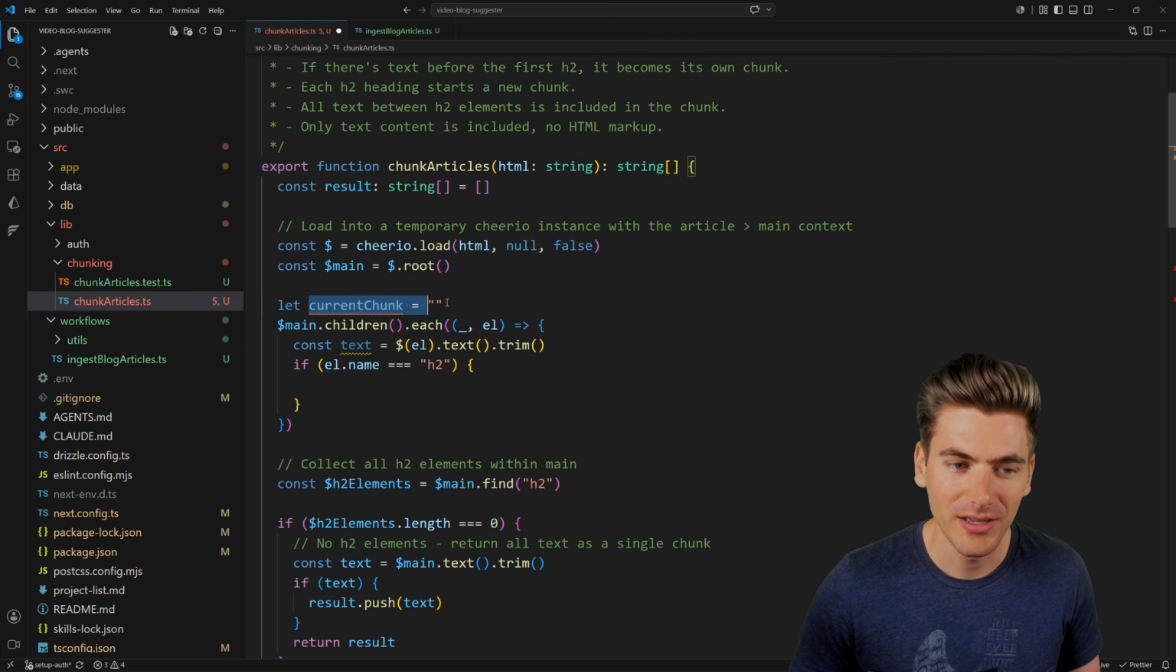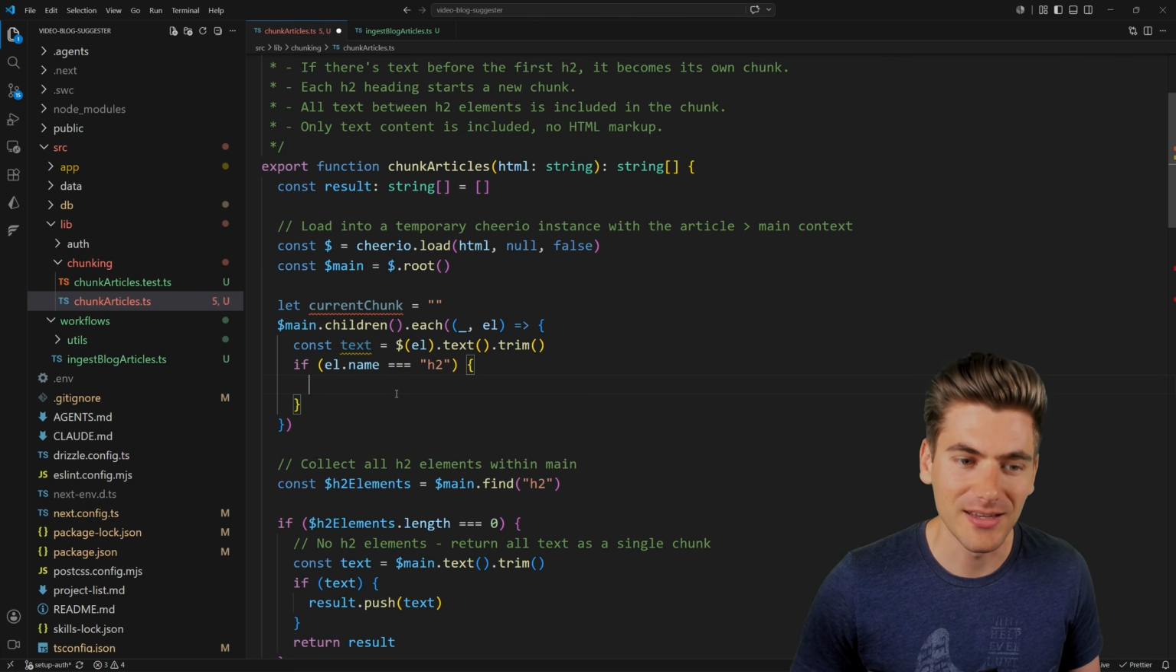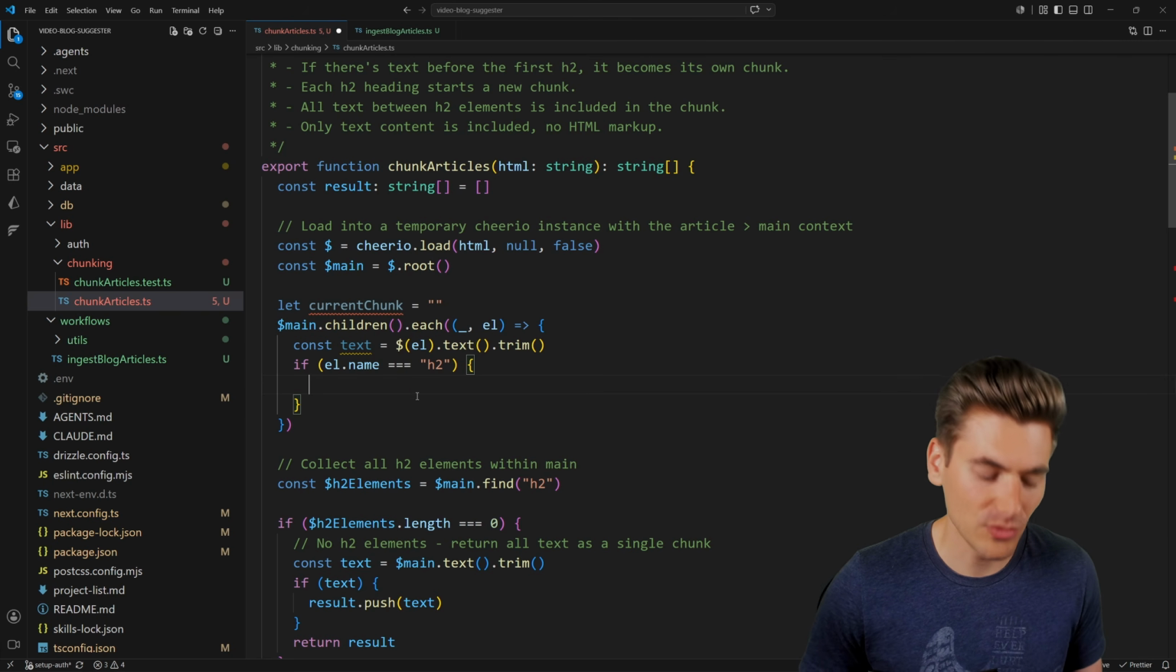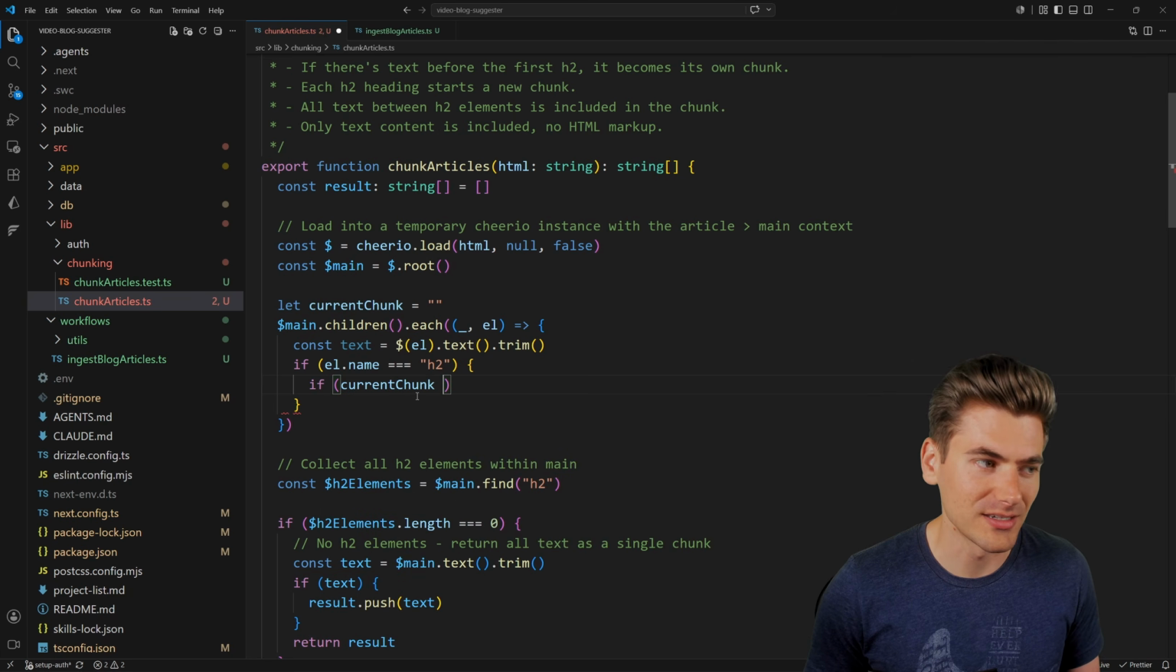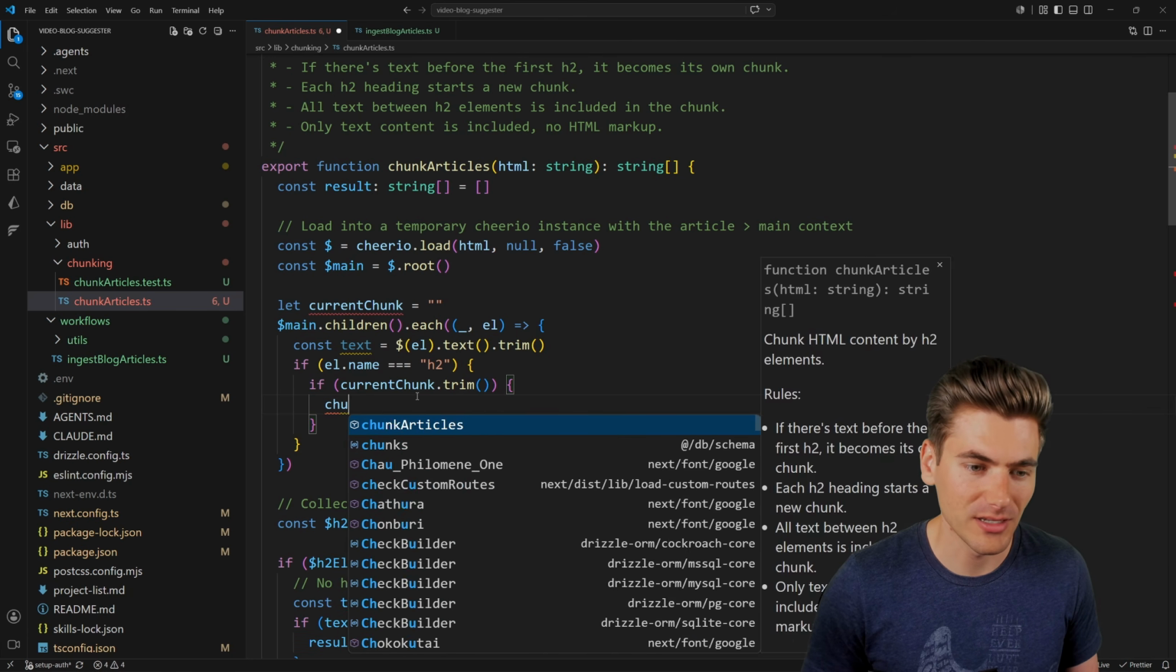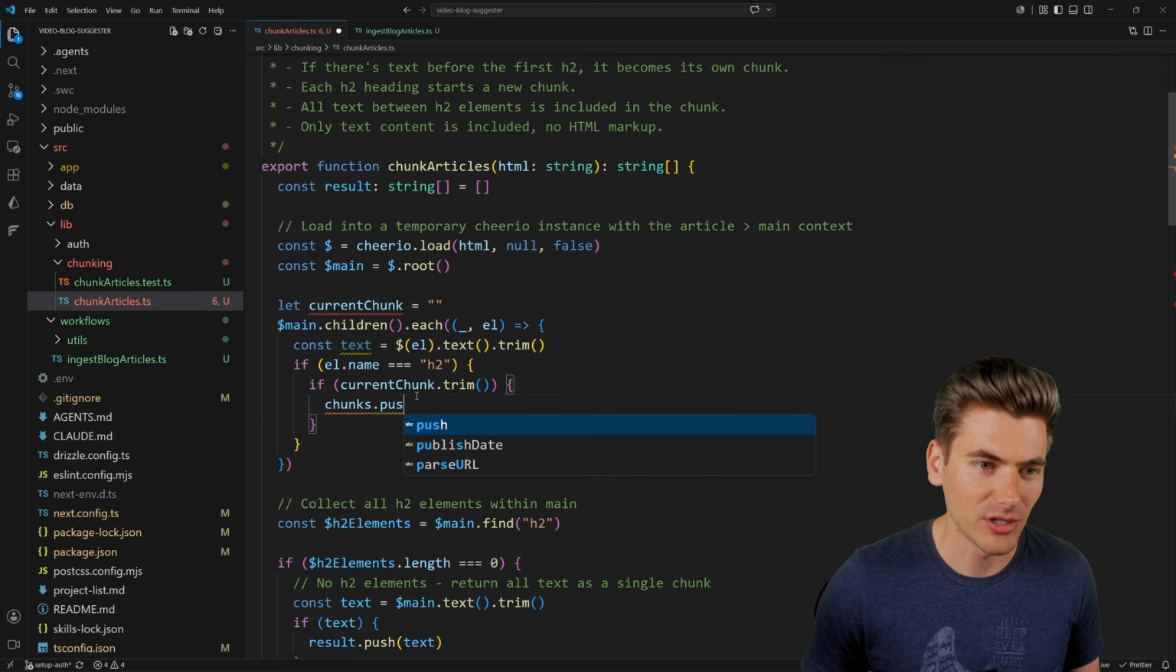Doesn't really matter what it's called. It just defaults to an empty string. And inside of here, anytime that we have an H2, I just want to take my current chunk if it exists. So if current chunk.trim, that means that we have a current piece of text that we want to save. I just want to take all of my chunks that I have, which I think they called